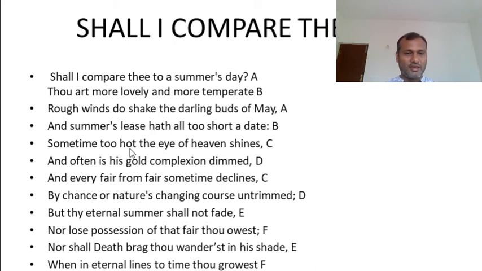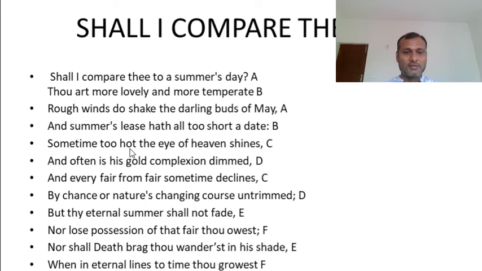That never fades. These words are possible only when you have a strong bonding, when you have such loyalty to your friend. Then only can you use these kinds of words. "But thy eternal summer shall not fade, nor lose possession of that fair thou owest." You own that fairness. You are so fair, so handsome, so beautiful. You will never lose that possession. You possess that fairness in you, and you will never lose it.